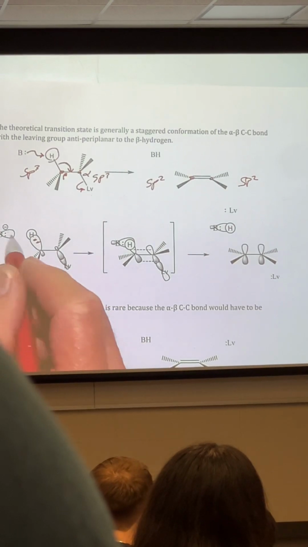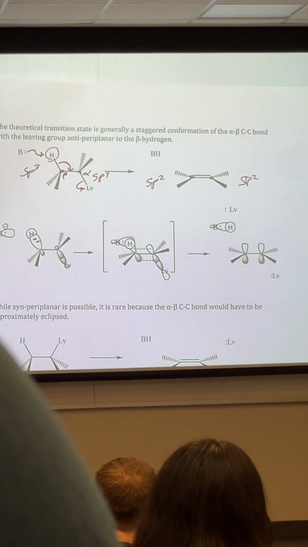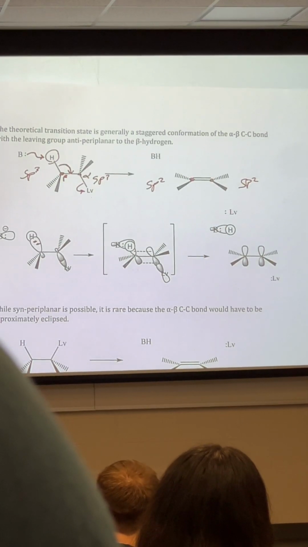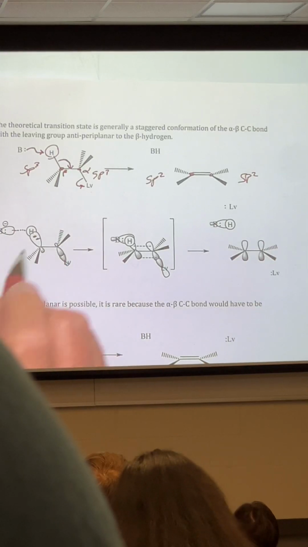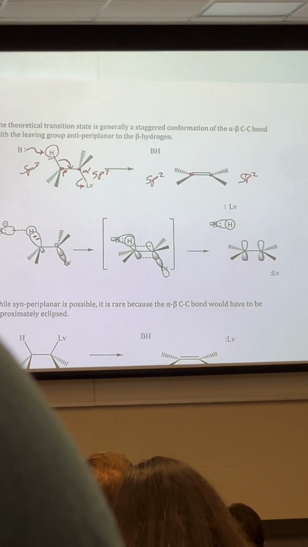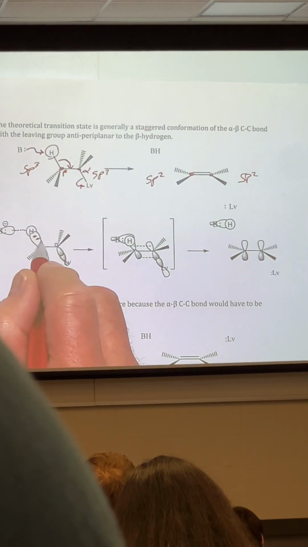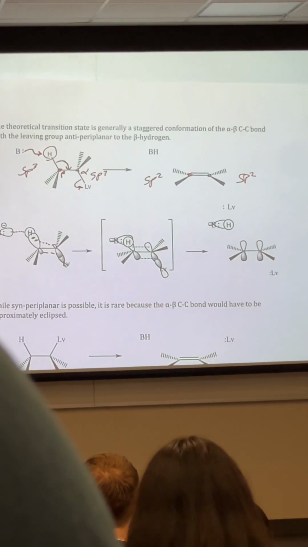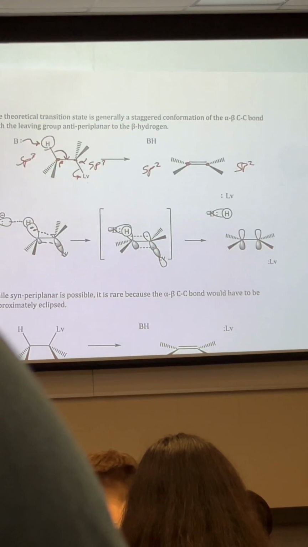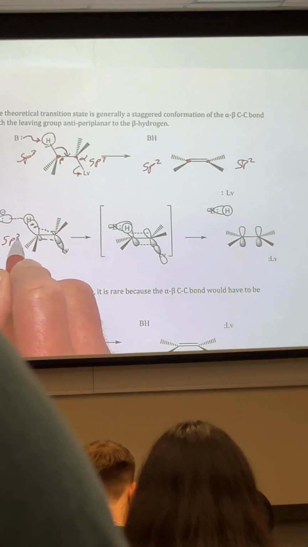And the base is coming with its, whatever kind of orbital it is, p orbital, hybrid orbital, something with a pair of electrons. And as he's starting to attack the proton here, starting to snatch the proton off, the pair of electrons here, this hybrid orbital and the hybrid orbital next door begin, as they overlap, lined up like this, to form a pi bond. So here we're sp3,